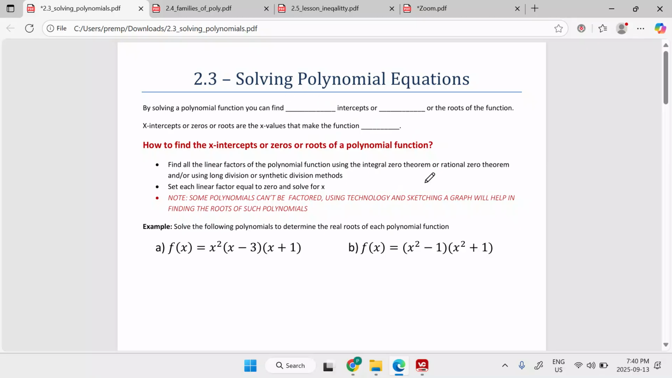It's about solving polynomial equations. So whenever we say solving polynomial equations, that means whenever some polynomial function is given to you, you will have to figure out all its roots or zeros. So by solving a polynomial function, that means you are finding the x-intercepts or